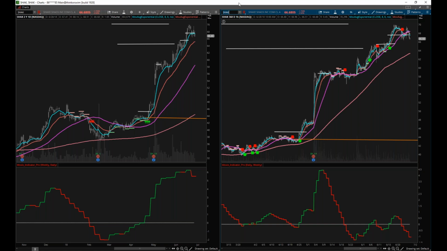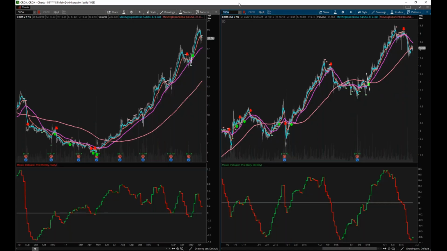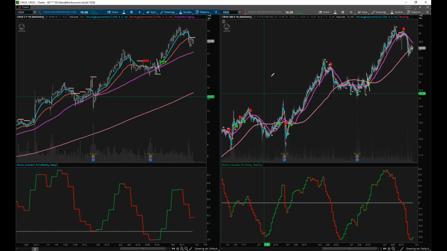All right, now here are another two. So CROX, this is a trade that did work, and then I'll show you one that had basically the same setup, but the Moxie indicator didn't trigger, and so you were safe. So what I look for primarily for indication that something is going to pop and move is I look at things moving and bouncing off of the moving average.